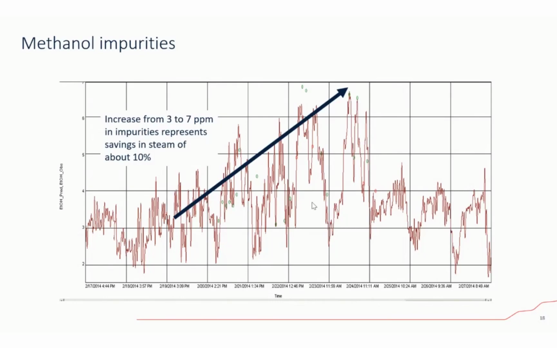So that reduction immediately translates into less fuel gas into your boiler. Well, there you go. That's money that you can make use of, right? And again,